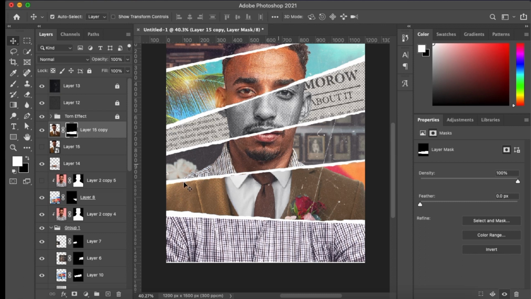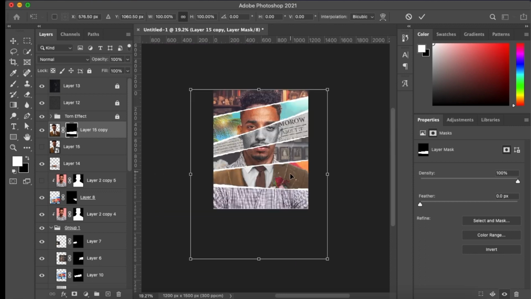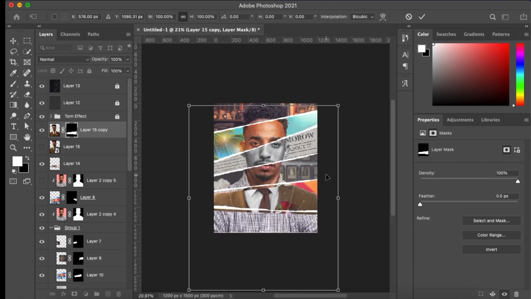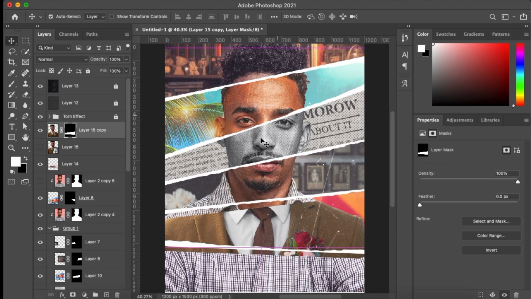Now, if you look at the edge to the right hand side, it seems unrealistic. So I would pull this down a bit to match up with where the shirt is ending in the other line. Now it matches up. Now, to cover those places that seem cut out, just select your layer mask